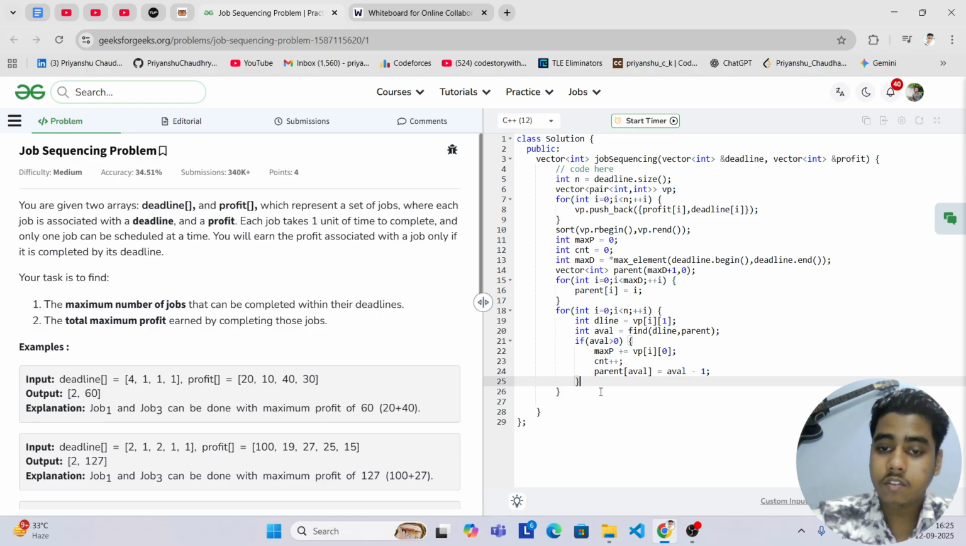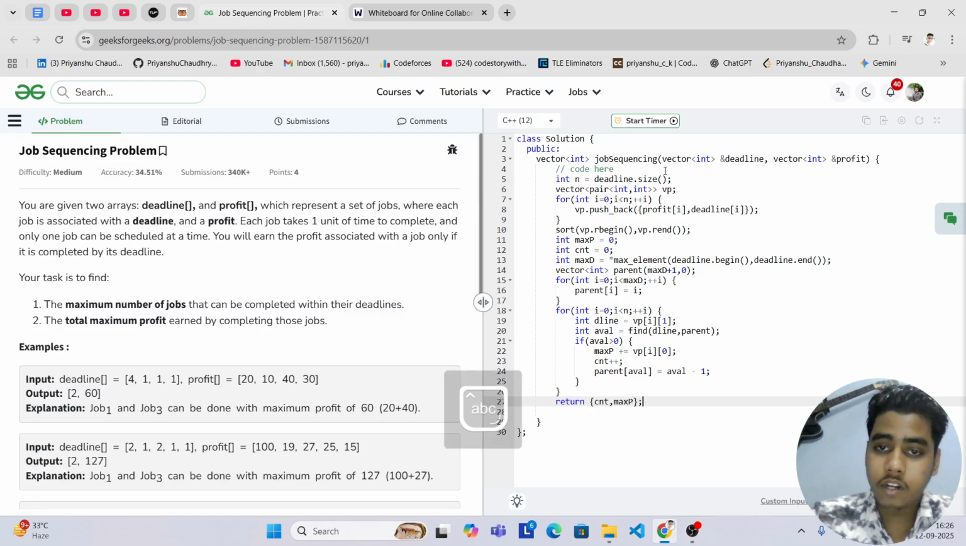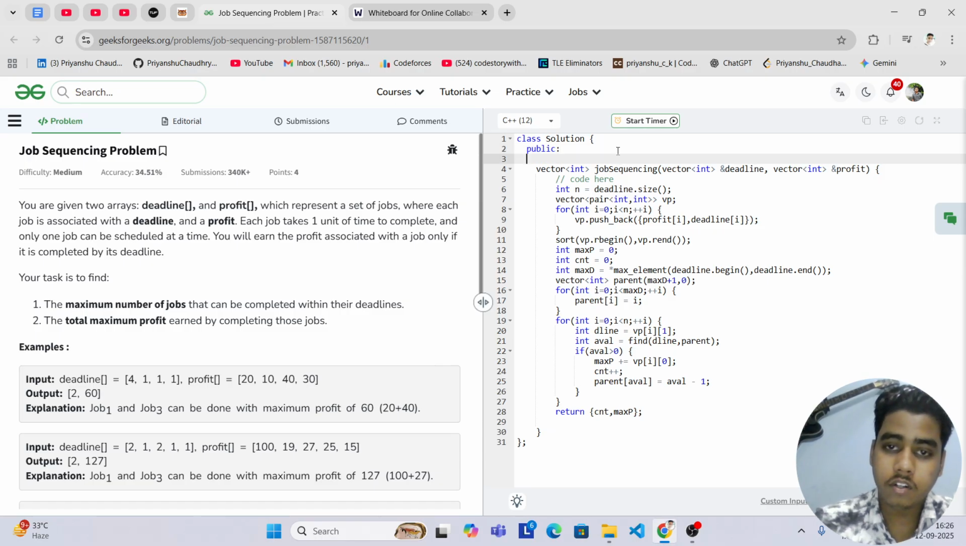Now, at last I have to simply return the maximum number of jobs and the total maximum profit. So this will be count, comma, max p. Alright, and now I just have to write the